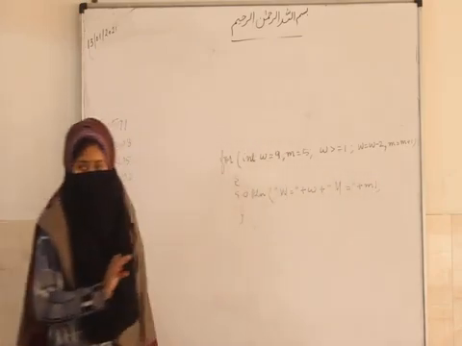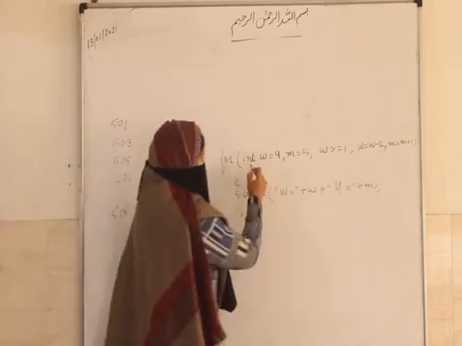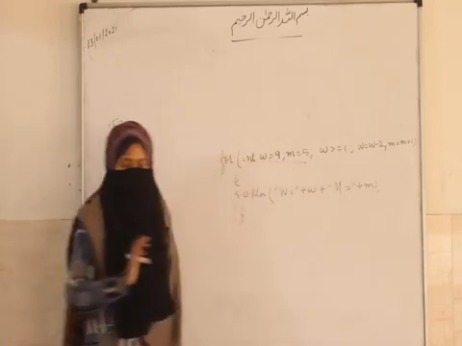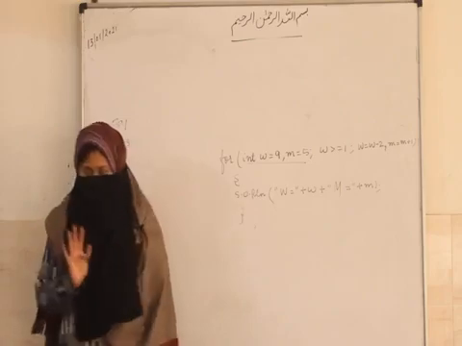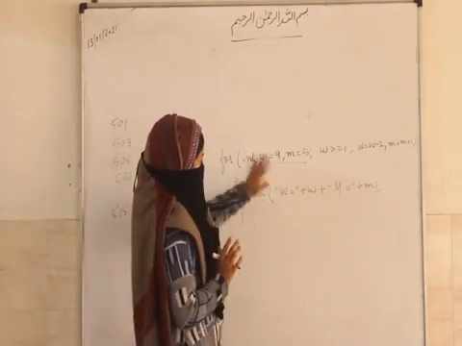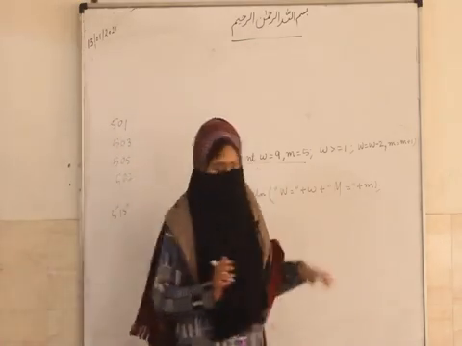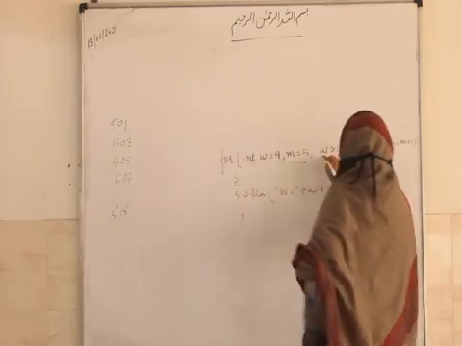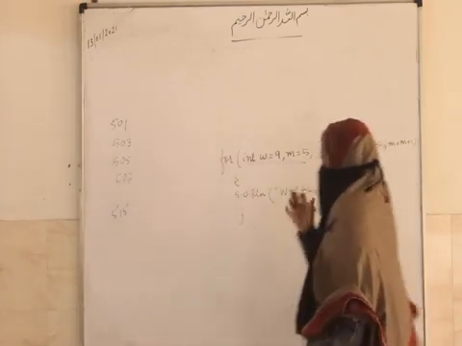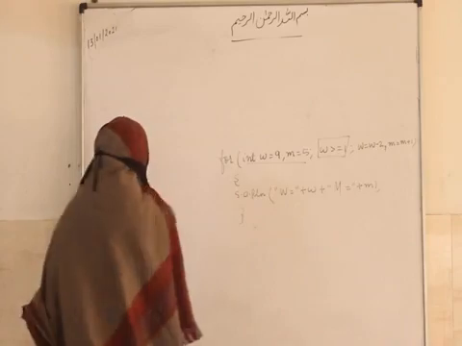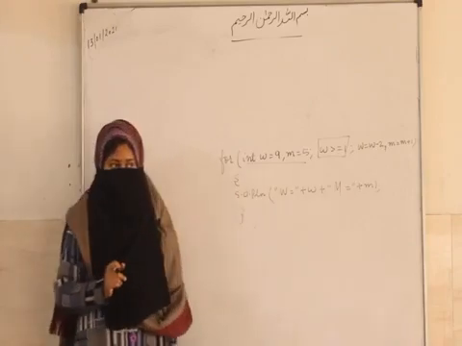This is the loop. In this loop we have two values initialized: the value for W and the value for M. The value of W is 9. The value of M is 5. And in the condition, what have we used? In the condition we have used W. Means how many times will this loop execute? First tell me this.